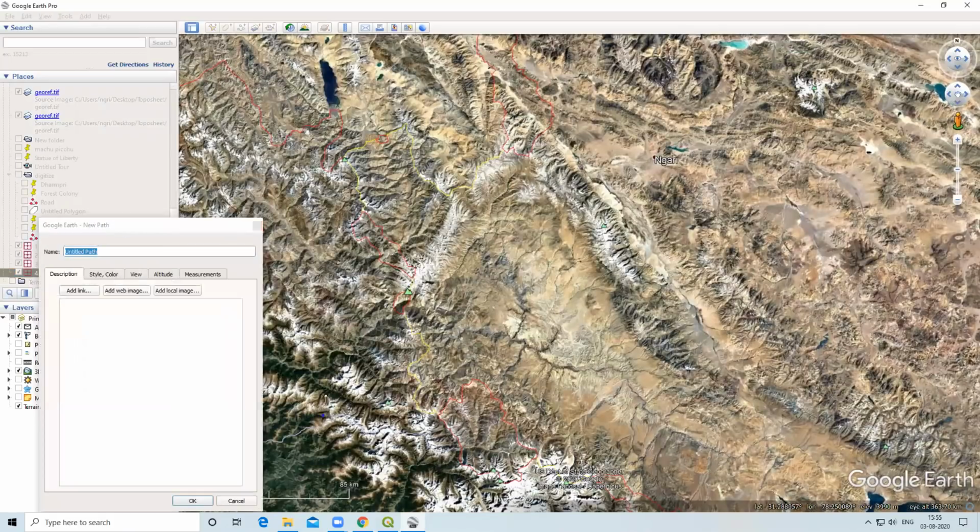So I am drawing some elevation points here. You press left click and draw a line here. We want some elevation points, so wherever I draw, I will get an elevation point at that place. So draw a line at your desired area, left click on the mouse and just draw a line. Wherever I draw, those places I will get an elevation point.